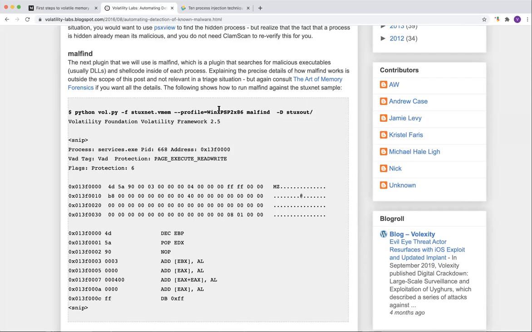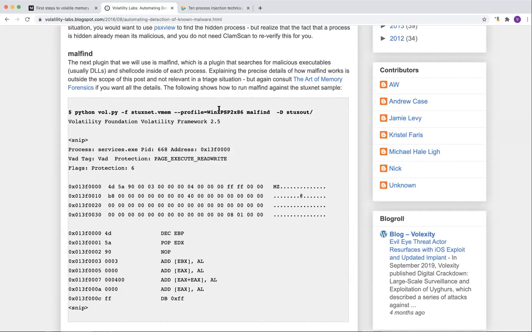If you don't know the service pack, but you know that it's x86 architecture and Windows 7, you can just try 2 or 3 times: Windows 7 SP1 x86, Windows 7 SP2 x86. There will be 1 to 3 service packs, most of the time 1 to 4. You can just brute force 1 to 4, and you can find out what the service pack of that system may be. Got it?